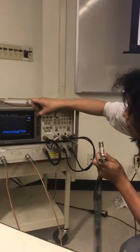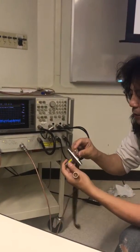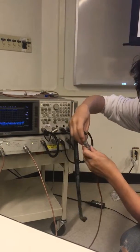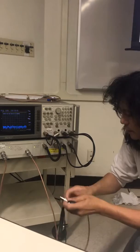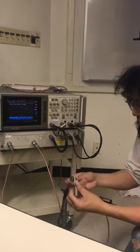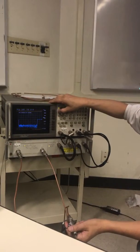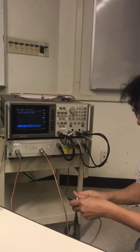Let's say reflections, S11, the first side, open, so you connect the open. Find out which one is open. This side is open, this one is short. I'm going to keep this in view so you don't lose it. And then you say open. So it's calculated for you. It takes a long time. Maybe we should do 400 points. And then the second one is short. So basically, you just go through the menu. It'll beep when it's done. And then the third one is load. So you just go through this cycle